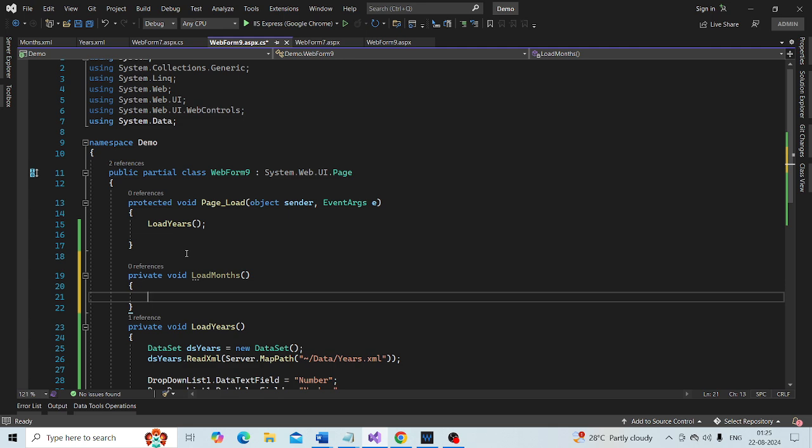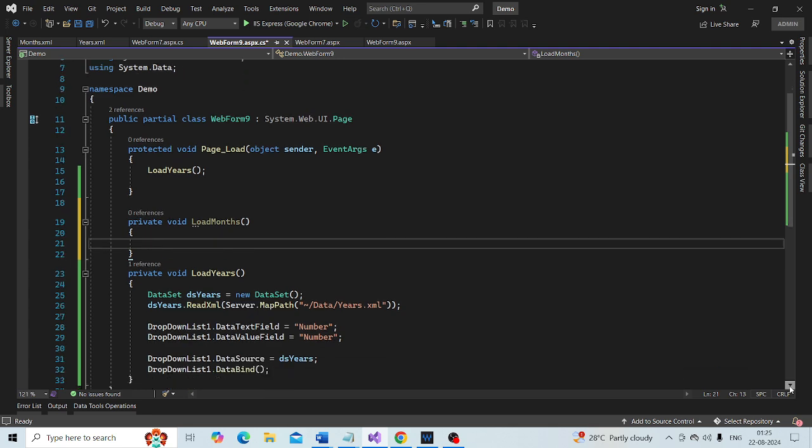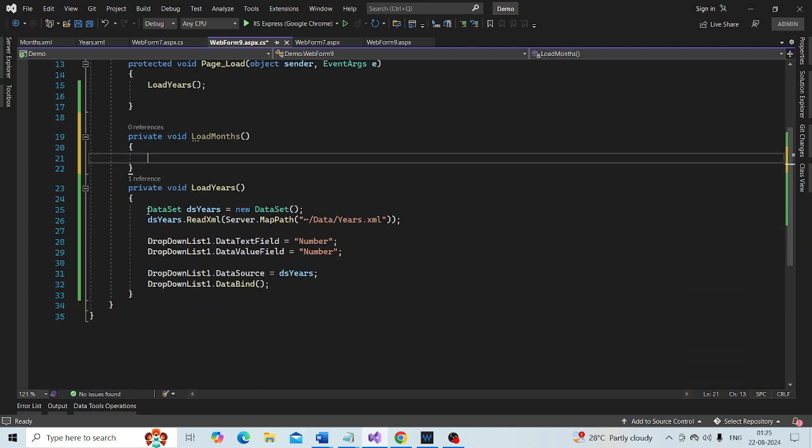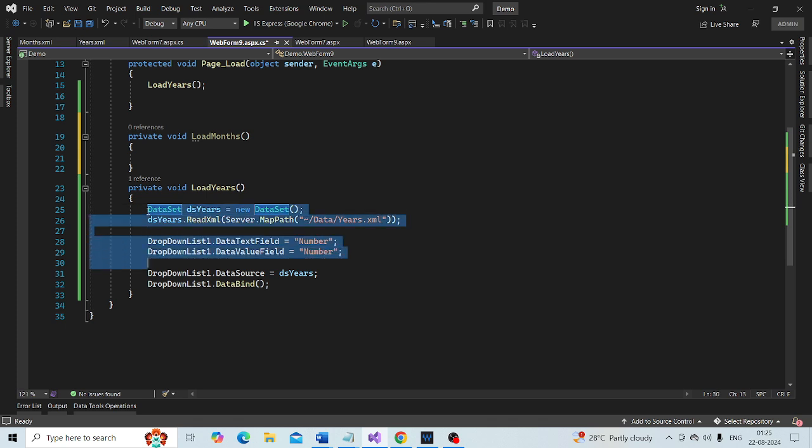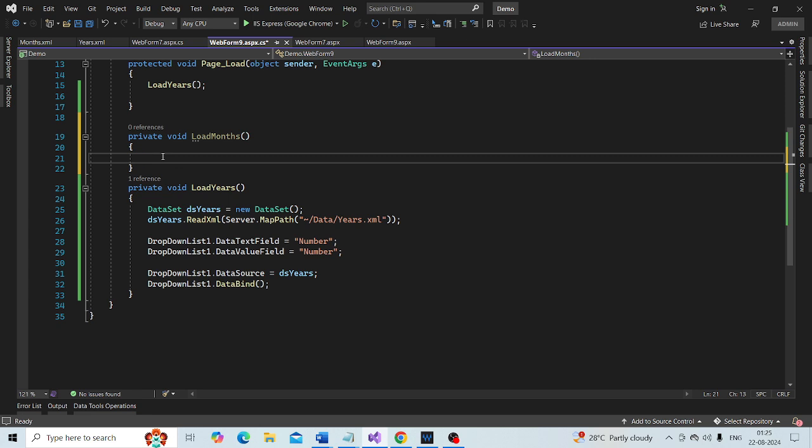And what is this method going to do? It is going to read the months.xml file and then load the data into the month drop down list. Actually, copy and paste this code and paste it here.